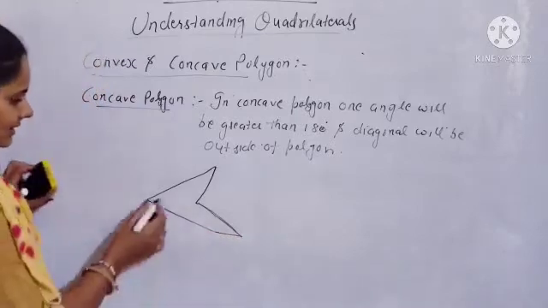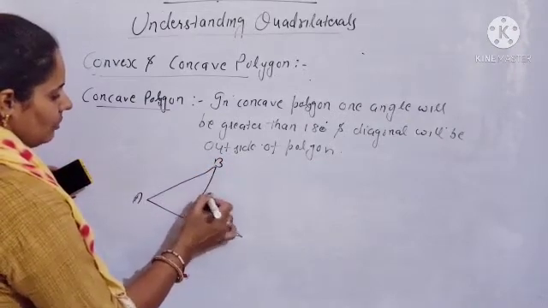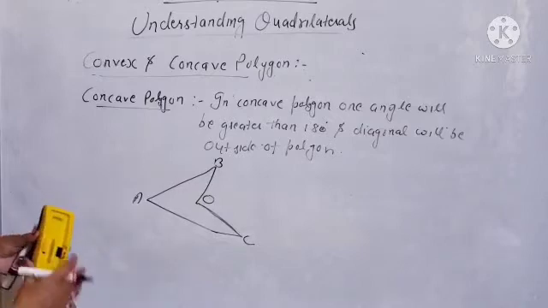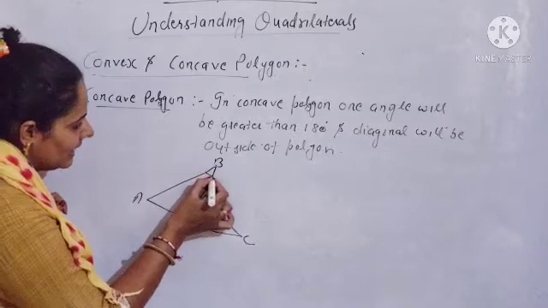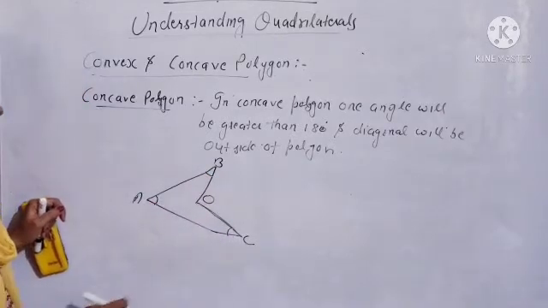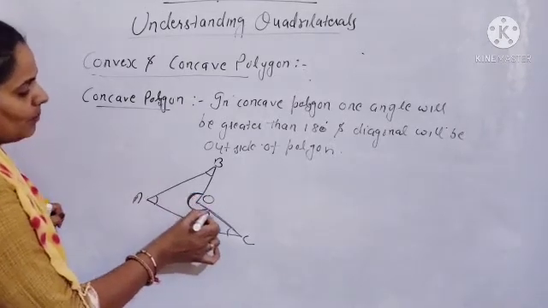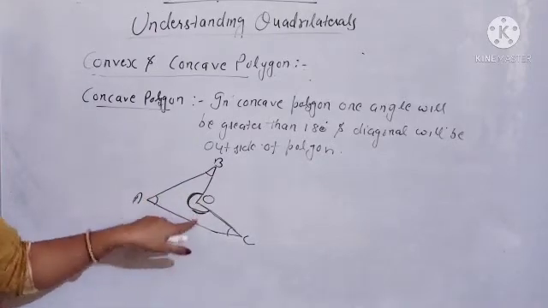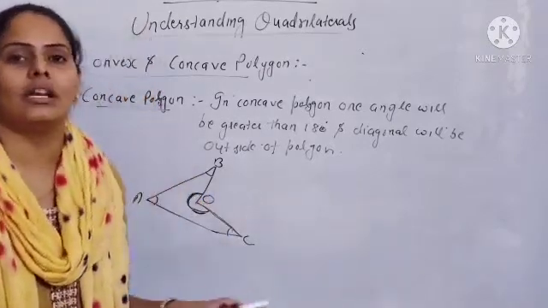Clear? So I have made this diagram. So you can write the name A B O C. Clear? A B O C. Now simply what will you do, beta? In this diagram you can see all the angles. So if you check the angles, B angle is less than 180, A is less than 180, C is less than 180. But if you talk about the angle O, this one angle is more than a straight line. So this angle will be greater than 180. If an angle is greater than 180, you can say this will be a concave polygon.